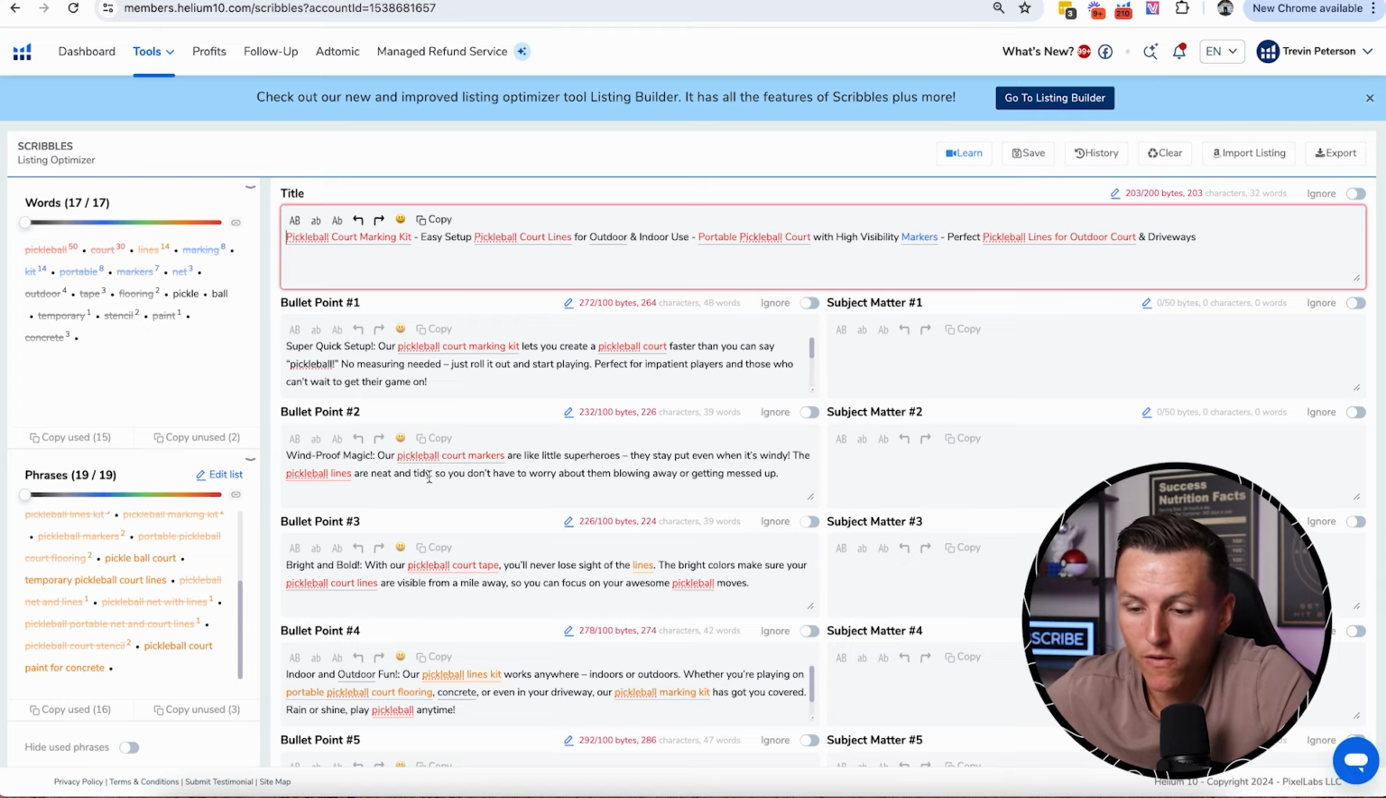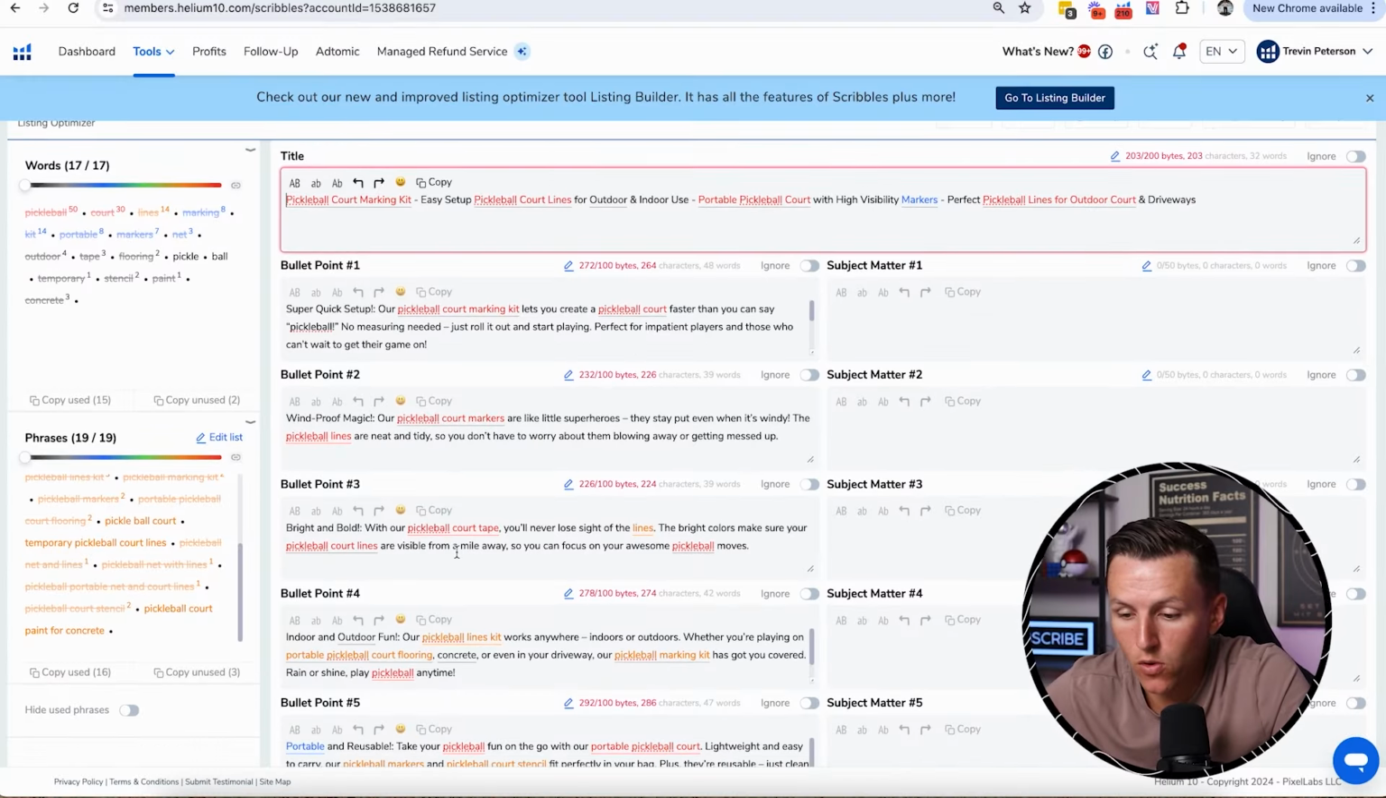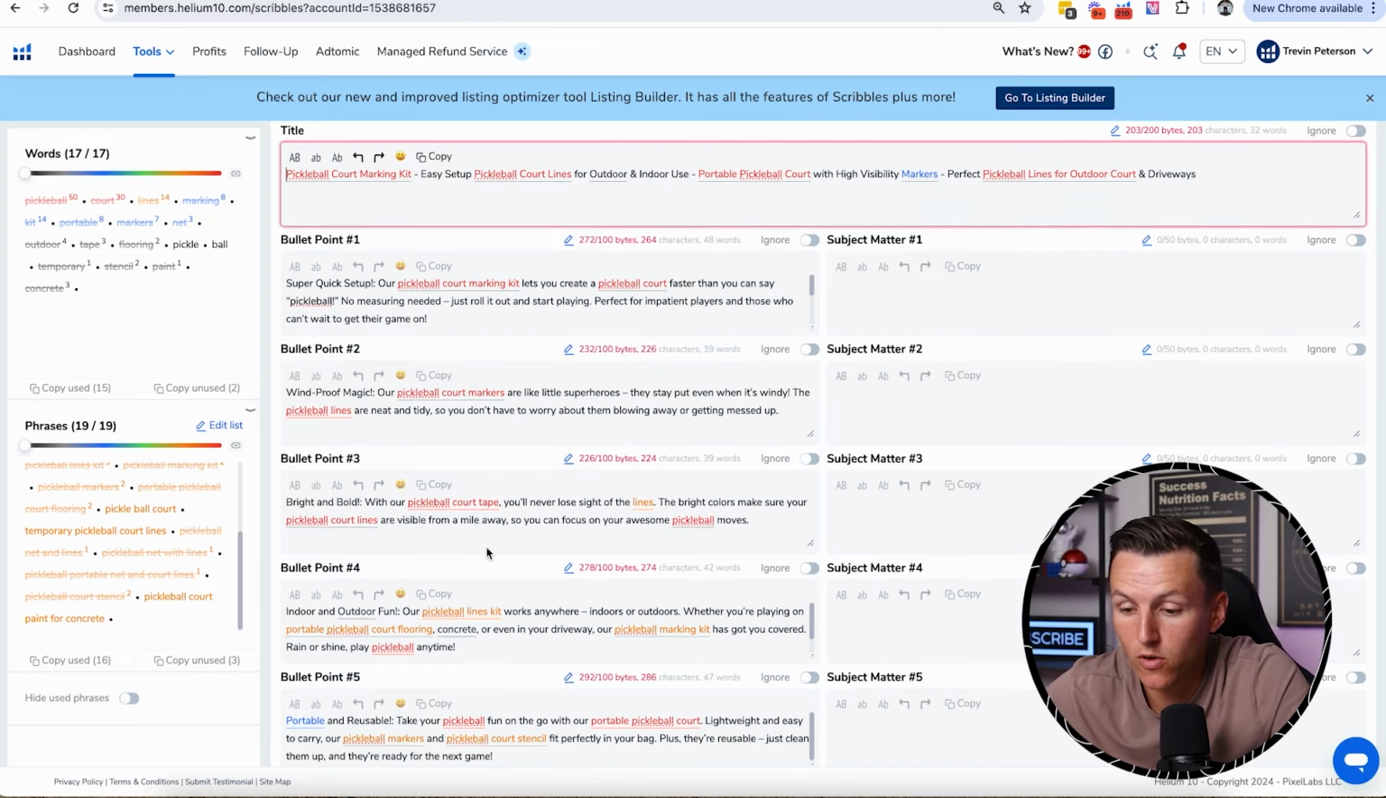That's amazing. We've got windproof magic. Our pickleball court markers are like little superheroes. They stay put even when it's windy. The pickleball lines are neat and tidy, so you don't have to worry about them blowing away or getting messed up. Again, we're talking about not much effort. I created this listing live for you. This is my first time creating this listing, and it took me no more than 10 minutes. We've got bullet point 3, bright and bold. With our pickleball court tape, you'll never lose sight of the lines. The bright colors make sure your pickleball court lines are visible from a mile away so you can focus on